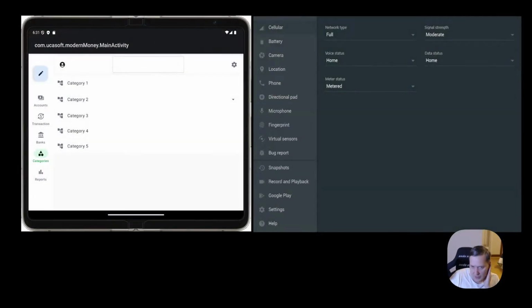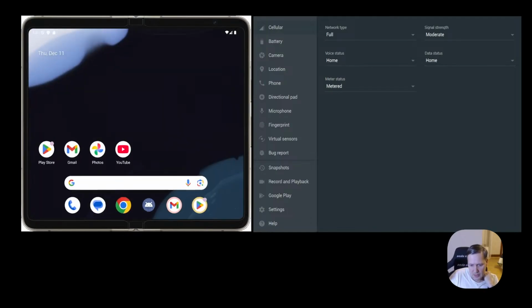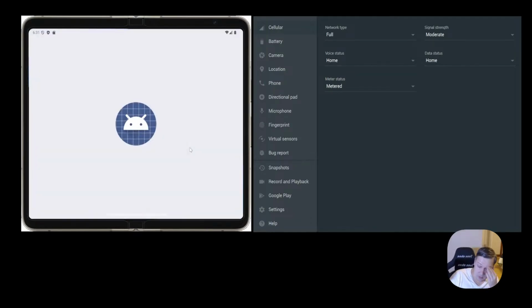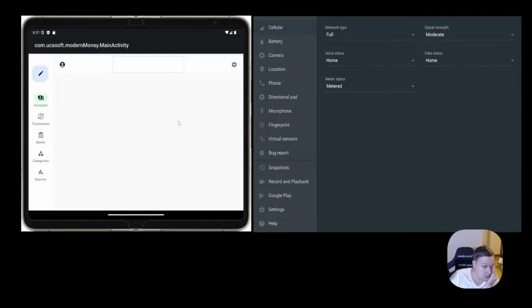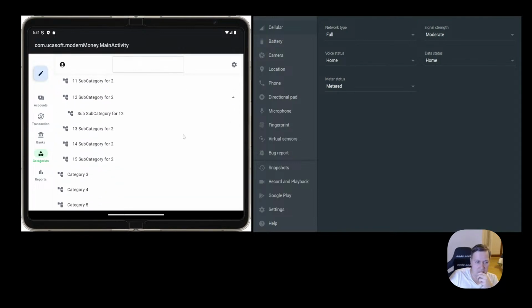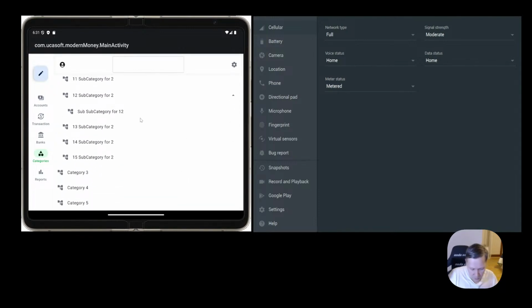So let's summarize. We finished only the first part, and to be honest, not fully. Yeah, I thought maybe we can still use LazyColumn, not just column, because if you have a lot of categories, you should not. But anyway, in the future, yeah, it can be more usable. Let's do one more thing.